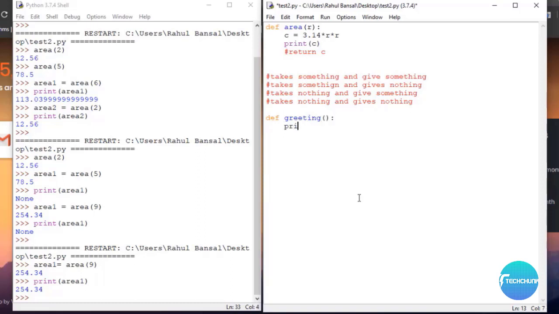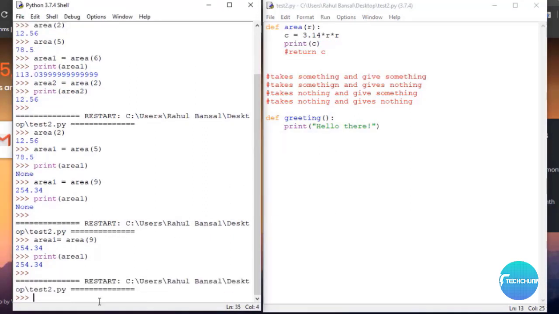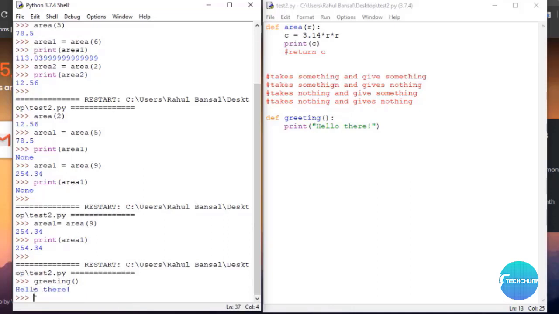What it does is simply print hello there. Let me run this. Now when I call greeting and press enter, it prints here hello there.